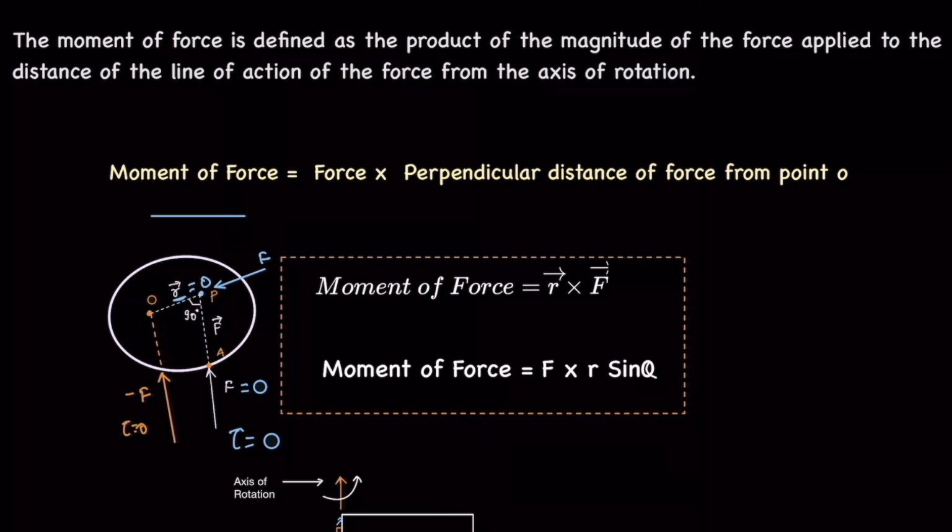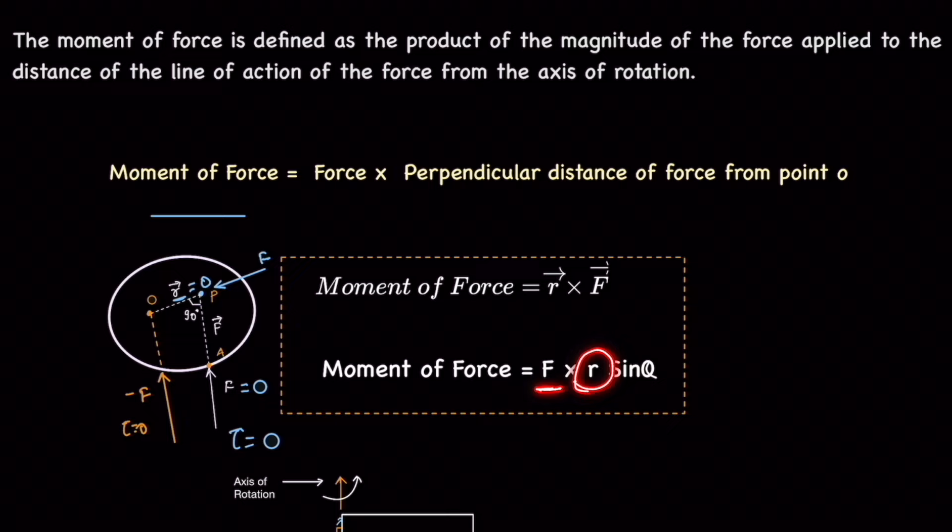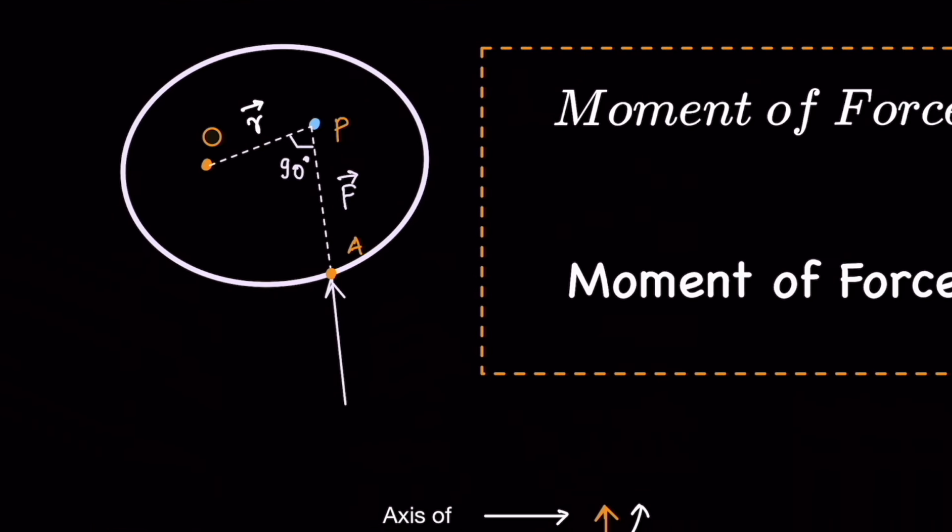This moment of force depends upon the magnitude of the force F and the perpendicular distance R. As you see in this figure, we are applying the force F in this direction and this is the R. So if our force is equal to 0,